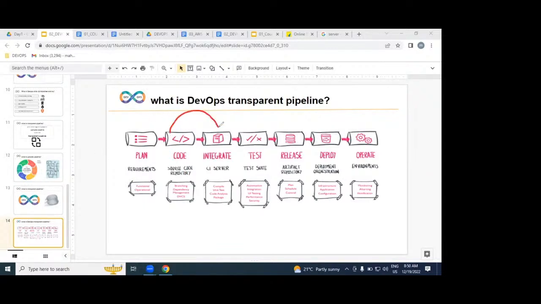So the developer code is integrated, then verified by the test cases. If you got an error, it is automatically redirected back to the developer. This loop will be repeated until what? Zero errors, zero bugs. Once everything is fine, without any error or bug, we call it the working software, the application.